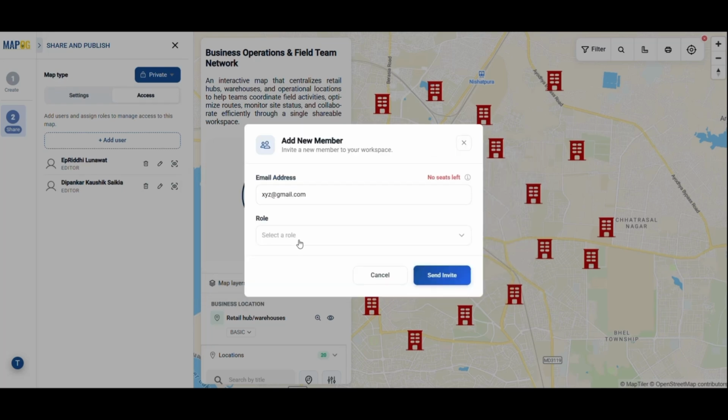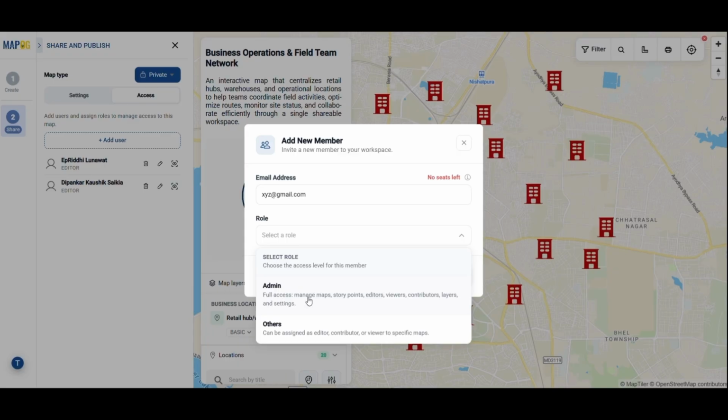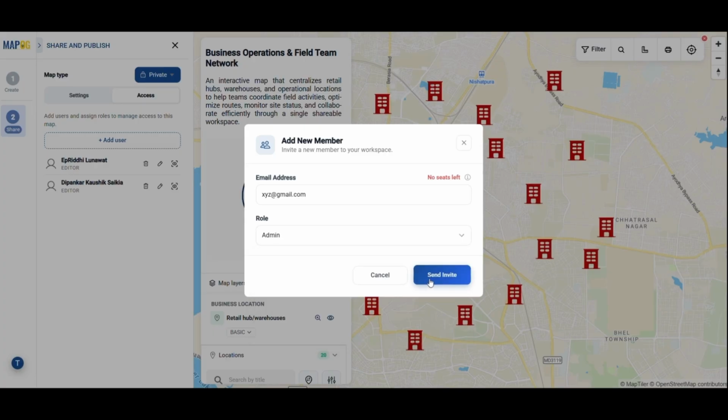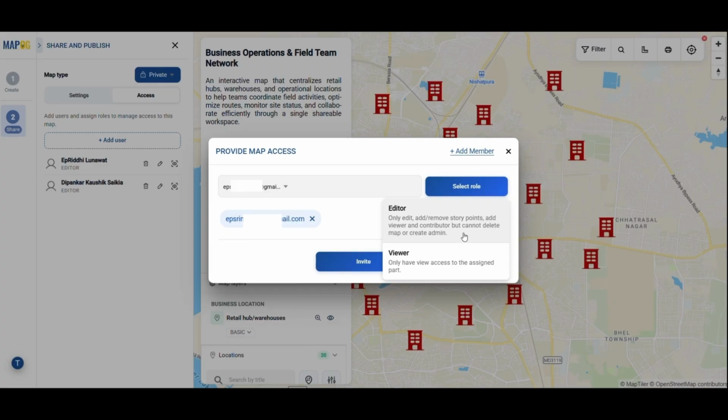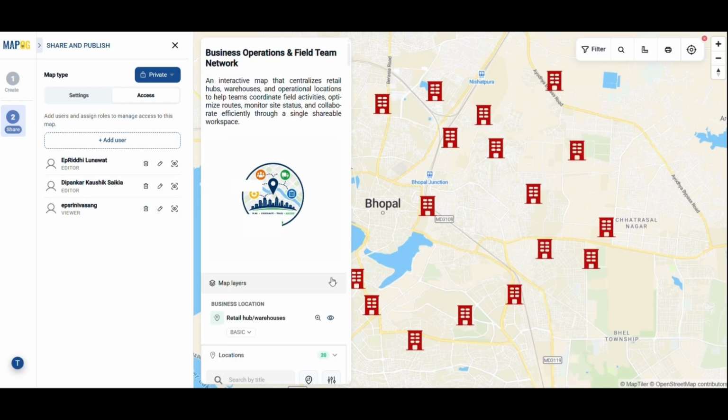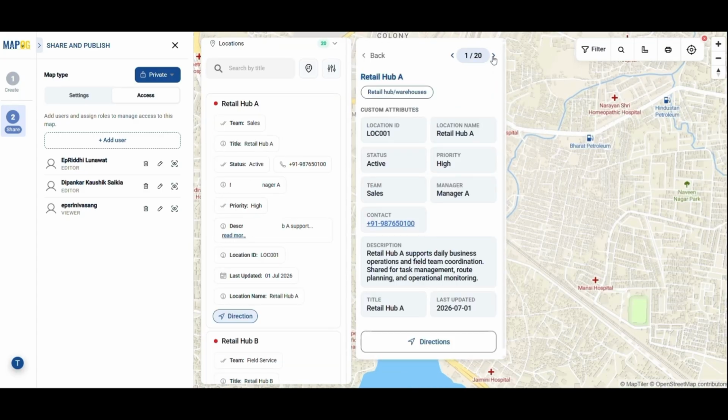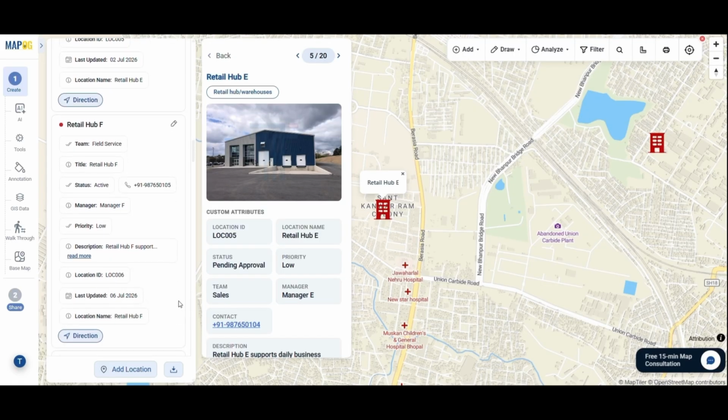Admin has full control of the workspace, including maps, users, layers, and settings. Or you can choose others, which include editor, viewer, contributors. Once you've selected the required members and assigned their map access roles, click Invite. Now you can select the newly added member and assign them a suitable role. The selected members will receive access to the map with only the permissions you've assigned, making collaboration secure, organized, and